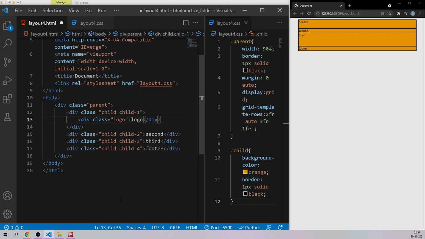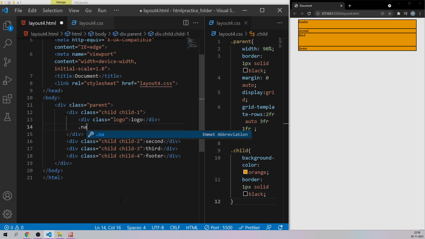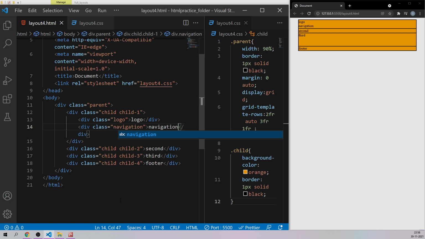This is the division which will be having that logo section. And we will have one more division, dot navigation. And inside let me write navigation. So let me save it, and as you can see we have those two in the first child component.